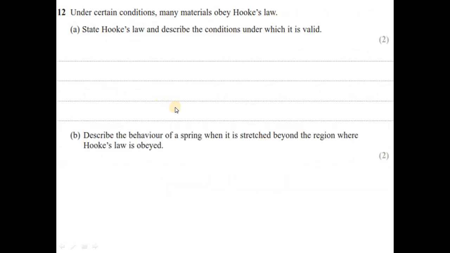Question number 12. Under certain conditions, many materials obey Hooke's law. State Hooke's law and describe the condition under which it is valid. So you just need to give the statement of Hooke's law. Hooke's law says that the elastic restoring force is directly proportional to the extension, providing that